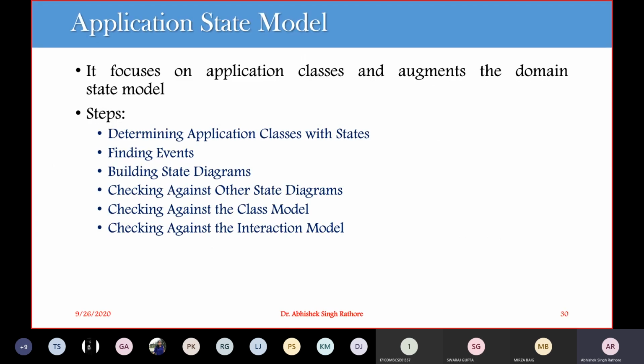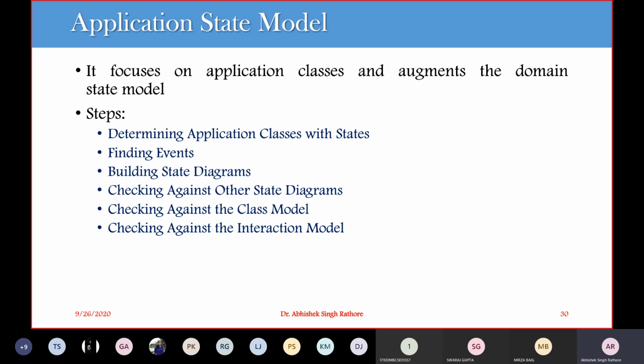Then again, after checking the consistency with your state diagram, we have to check its consistency with your class models. Again this should be consistent, because you are evolving this application state model right from your domain model and your application class model.